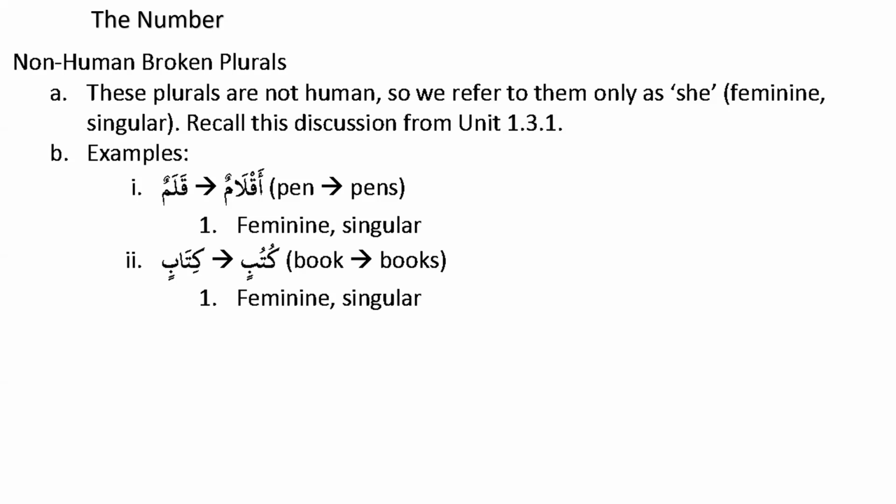When I had one pen in my hand, you said it is masculine. You're right. The word kalamun is masculine. Aklamun is feminine because it is a non-human plural. And because it's a non-human broken plural, if I ask what is the number of these 5 pens, you can see in your eyes there are 5 pens. In English, in your head, you're saying they are plural. I can see this is more than 2, 5 pens, but grammatically they are considered singular. You have to answer it is feminine singular. It is a weird concept in Arabic, but this is how it works.